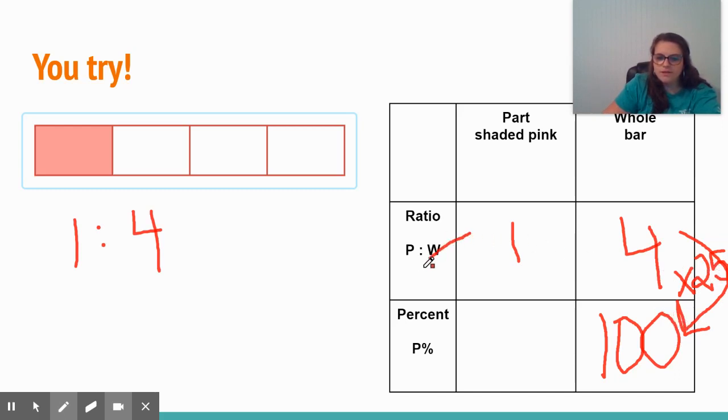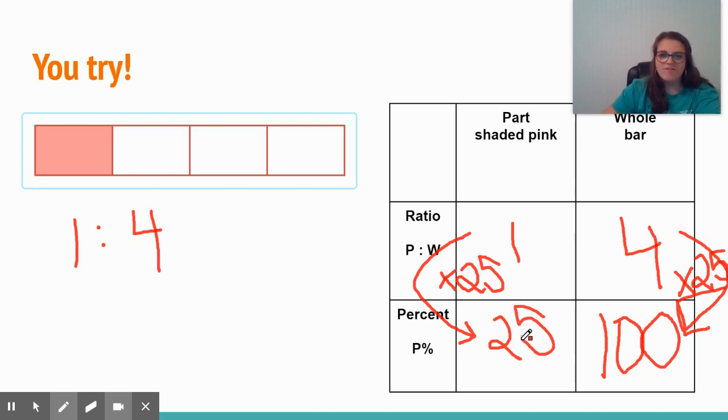Now I go over here and I have to do whatever I did over here. So 1 times 25. 1 times 25 gives me 25. So what percent of the bar is shaded in pink? The answer is 25%. Okay? All right,